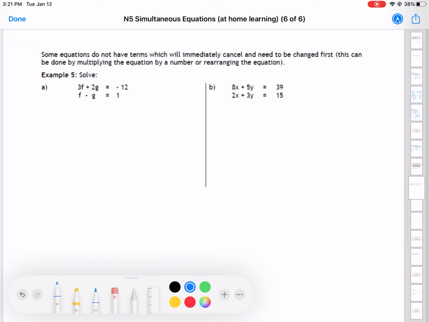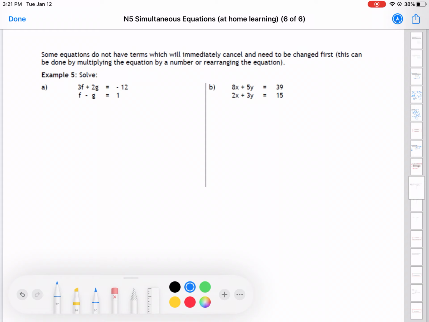What we have to do with this one is to try and make one of our letters have the same number in front of it. In this case we've got 3f and 2g, we've got 1f and 1g. Either one of these letters works if you want to eliminate one of them. It doesn't matter which one you eliminate,